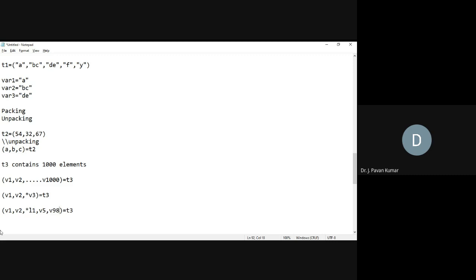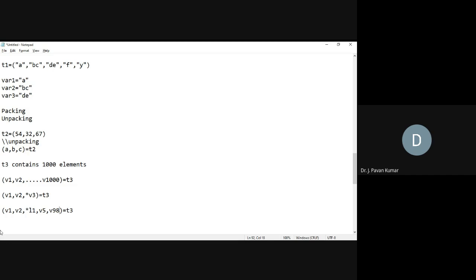Try to understand. These names are irrelevant to the elements. These names, for our convenience only, we are using V1, V2. I can use ABC. I can use some other name. Understand? These names are irrelevant to the elements that we have. If I specify V5, it does not mean that it is the fifth element. If the placement is the fifth one, then only it will consider the fifth element.